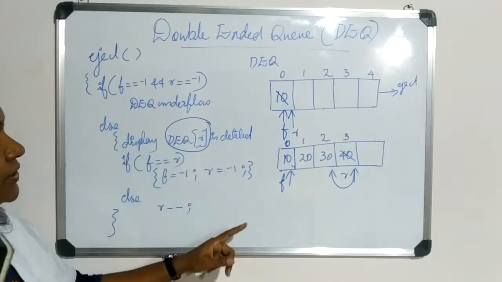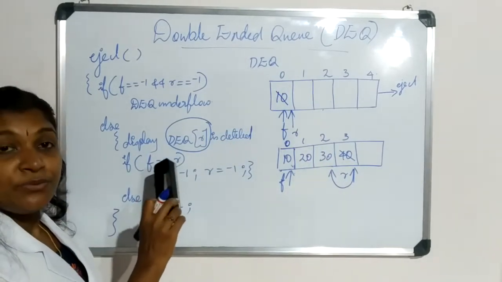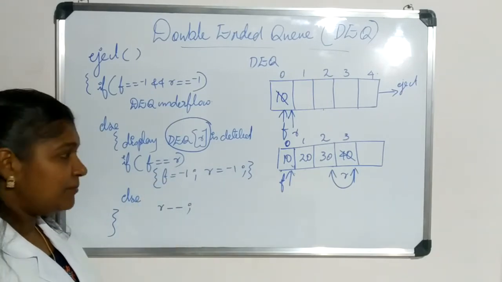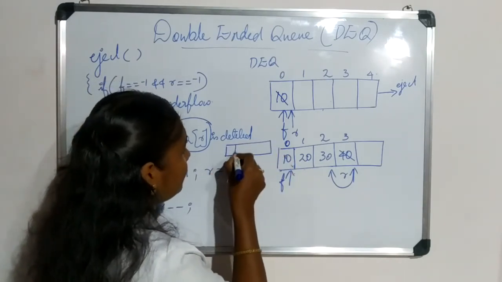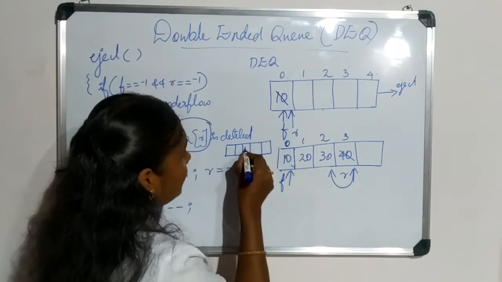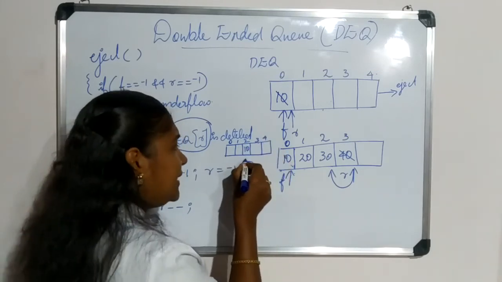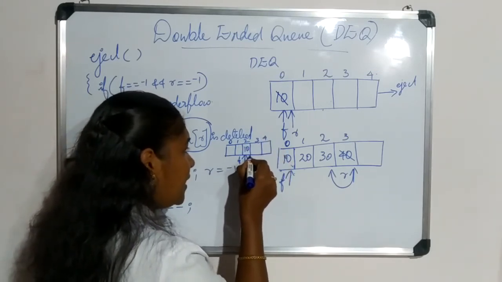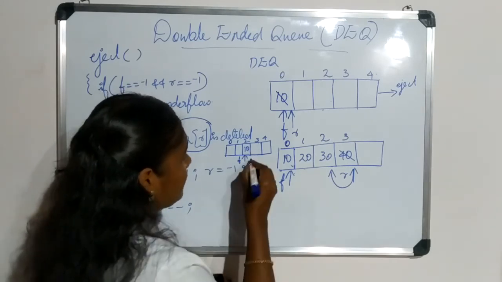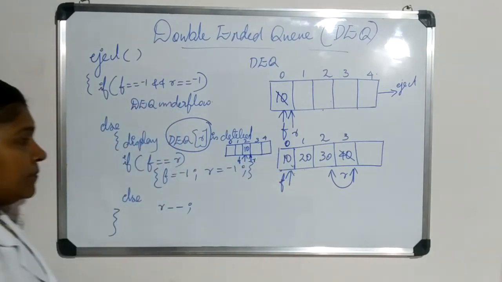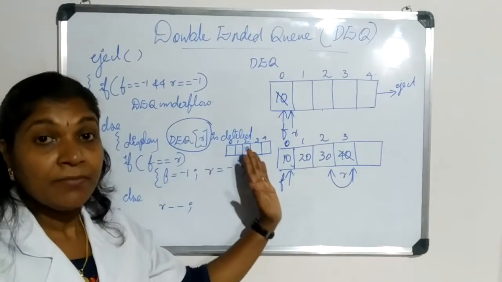Then first we need to check whether our double-ended queue consists of only one element. In that case, what is our condition? f is equal to r. f and r would be pointing to the same location. When we consider this case, you draw that symbolic diagram at the side of that code. See, this is the one and only element, f and r are pointing to the same location. Whenever you consider each of these cases, you draw the corresponding diagram at the right side.